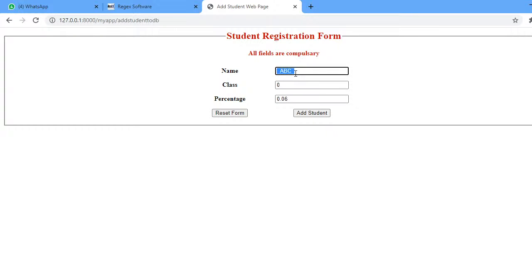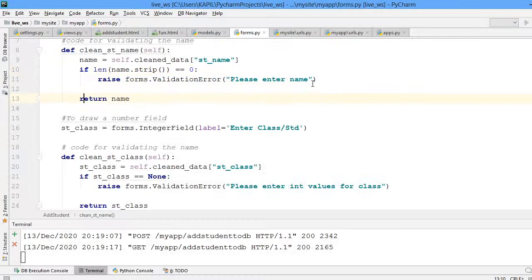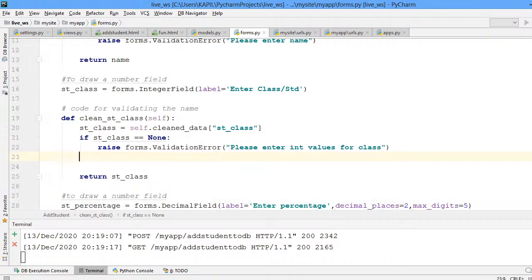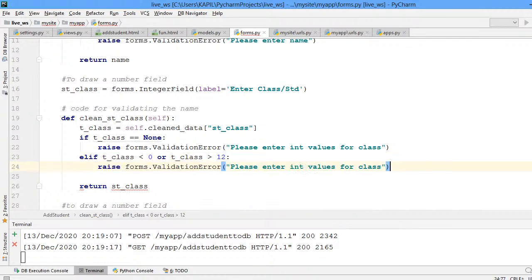So this time the data is validated, but abc is already there. So class I have written 0. I can add one more validation here. I am writing elif. In the elif, I am writing that if t underscore class, it would be nice to have t underscore class instead of st underscore class, because if there is any kind of variable clashing, if this is less than 0 or more than 12,